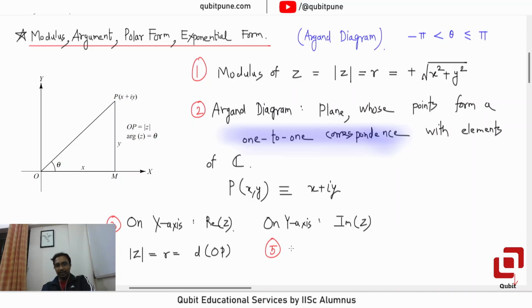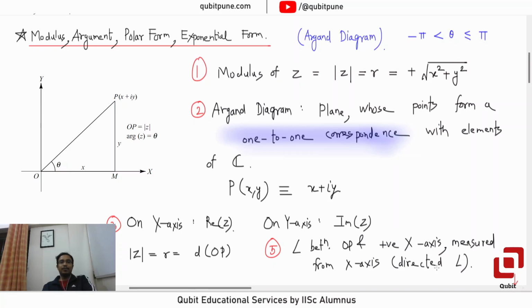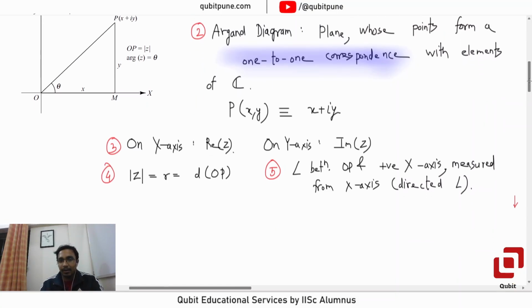So what is the argument? It is the angle between OP and the positive x-axis, measured from the x-axis. So it is basically a directed angle: anti-clockwise positive, clockwise negative. Now, agreed that argument is multi-valued,